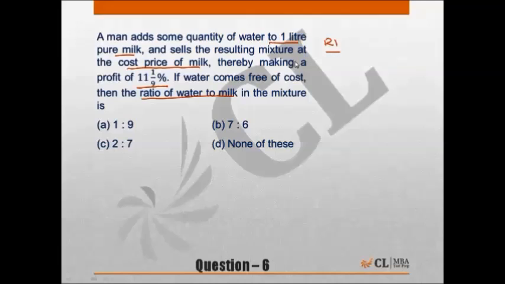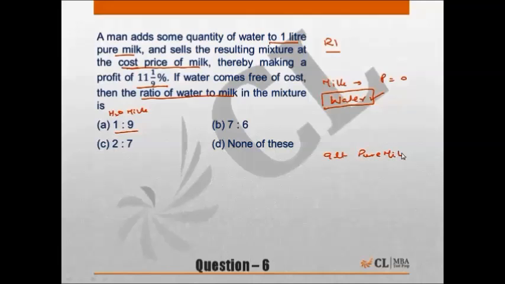Now coming to the question, he is selling the mixture at the cost price of milk. That means on account of pure milk, profit is equal to 0. And he is making profit because he is selling water at the price of milk. So all his profit is on account of water. Okay. And this kind of question you are best advised to solve with the help of choices. Let's look at choice A. Choice A, 1:9, water is to milk, which means in 9 liters of pure milk,